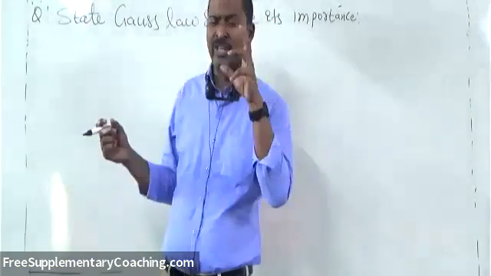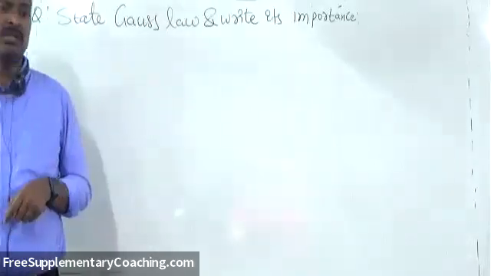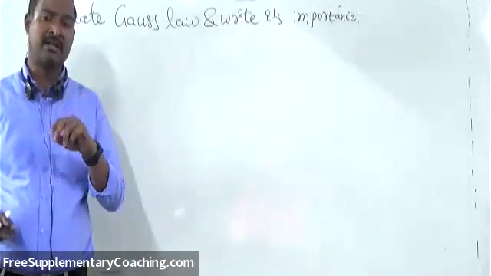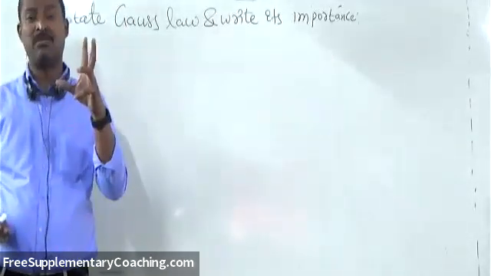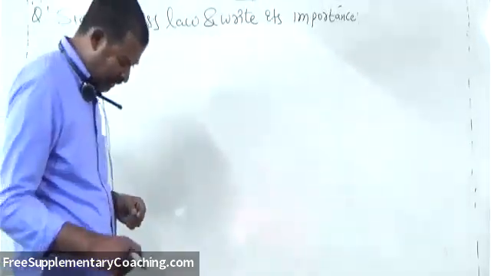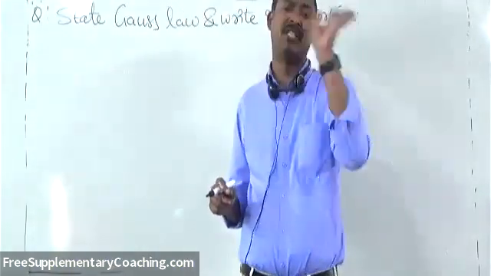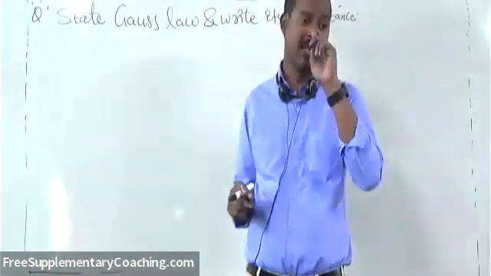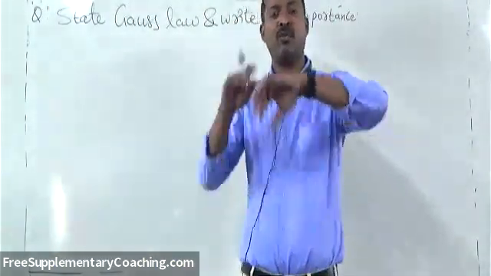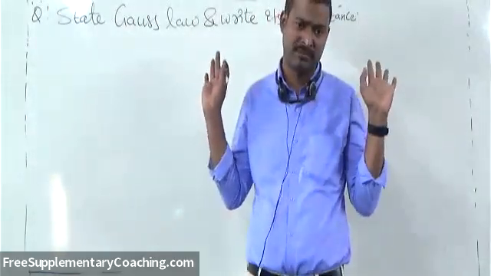So the number of field lines coming out of a closed surface, per unit perpendicular surface area, that flux emerging from any closed surface is equal to 1 by epsilon naught times the total charge enclosed in the surface. मतलब जितना चार्ज सरफेस के अंदर है, वो पूरा का पूरा चार्ज बाय एप्सिलॉन नॉट, उतना एमर्जिंग फ्लक्स हो सकते हैं।